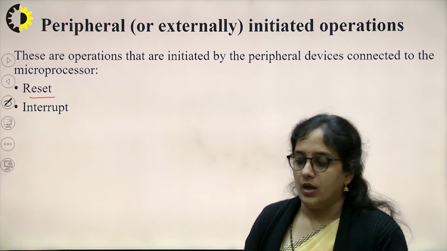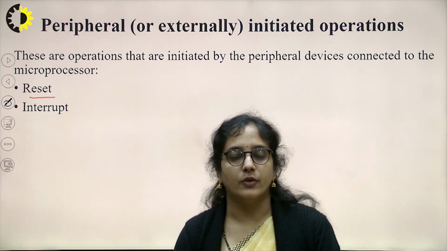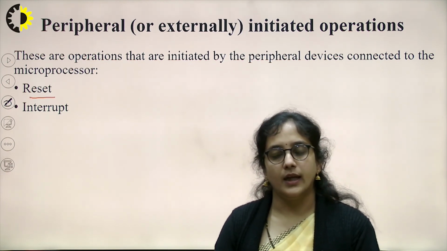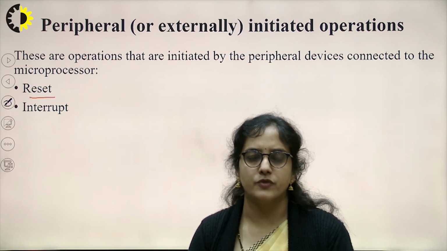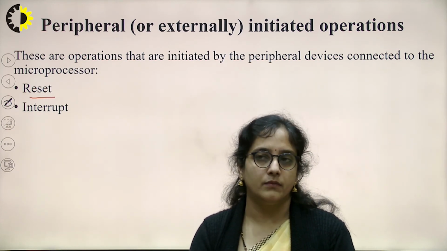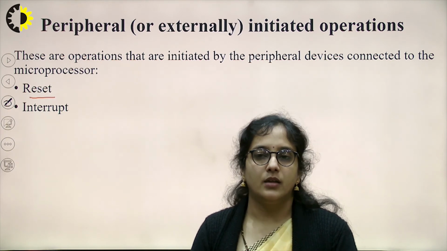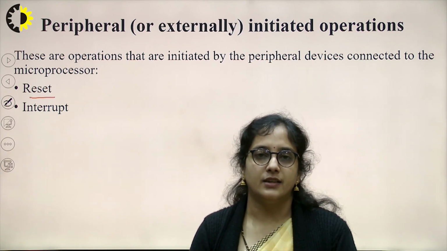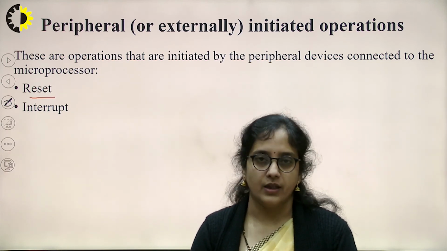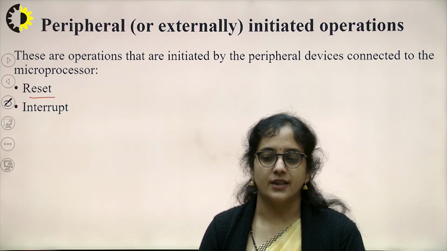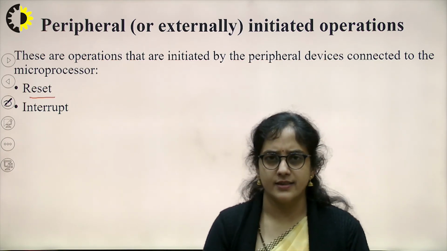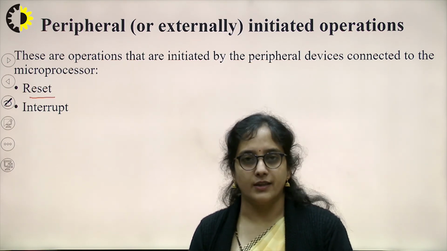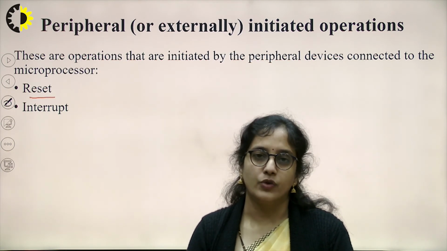Interrupt. This is the most important part of whenever a microprocessor is working. In this interrupt, any external device, whether input or output, that needs any program, any attention from the microprocessor, will send a signal indicating that it has to be served. Okay. So, whenever we are in class or going to study something and our phone rings, that phone when it rings is an interrupt to our work that we are studying. So, that ringing of the phone is an interrupt.